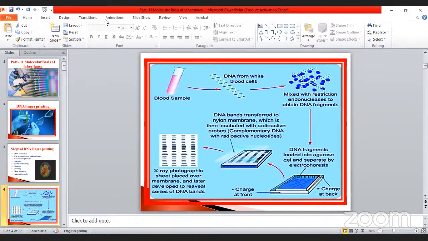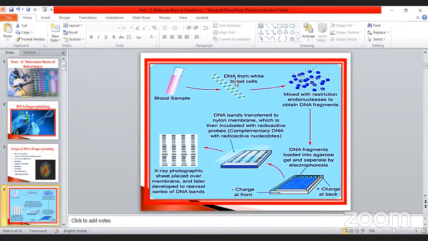White blood cells are divided into two types: granulocyte and agranulocyte. Granulocyte means the granules are present in the cytoplasm, and agranulocyte means the absence of granules. Inside there is a nucleus, and the nucleus contains the DNA molecule. So the first step is collection of sample. The next is DNA from white blood cells only. So then what happened now? We are collecting the